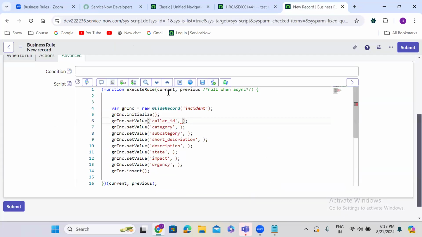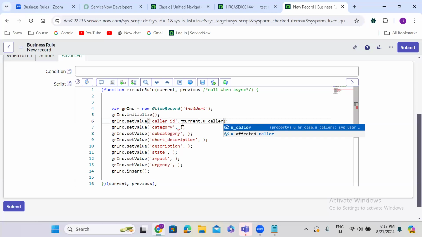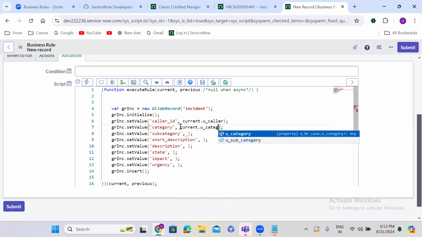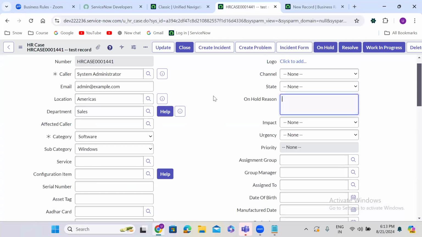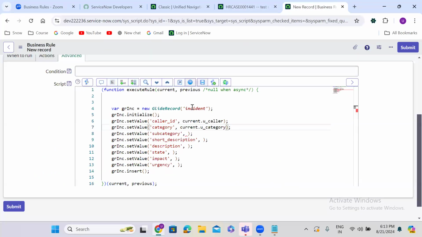Then I have the current object available here, right? So current.u_caller. Current.u_category. Guys, remember, the HR case category choices and incident category choices are not matching, right? So I am not taking the HR case category here. I am just providing some hard coded choice value. Okay, subcategory,